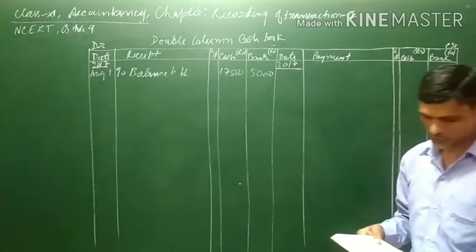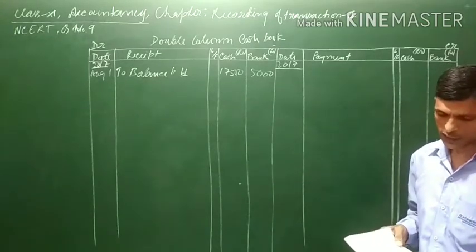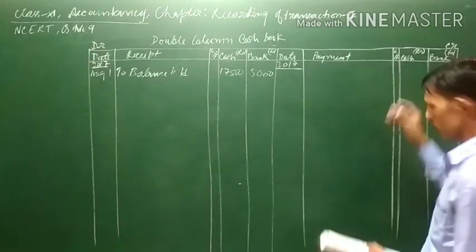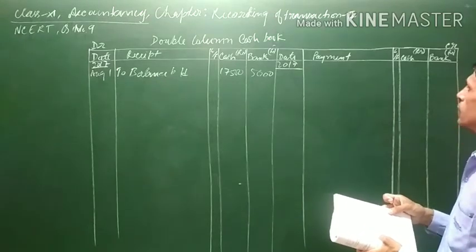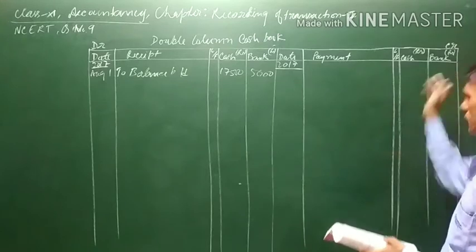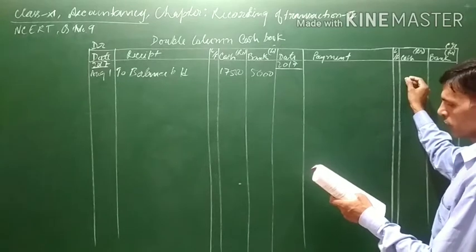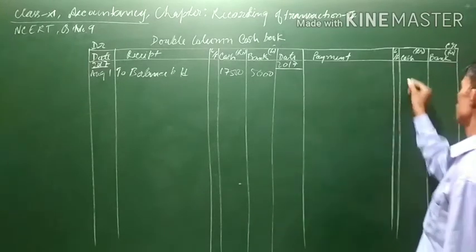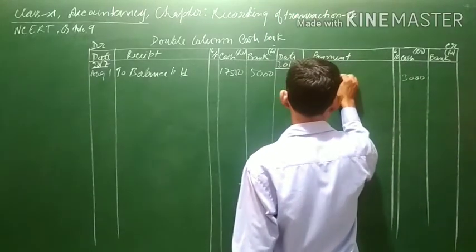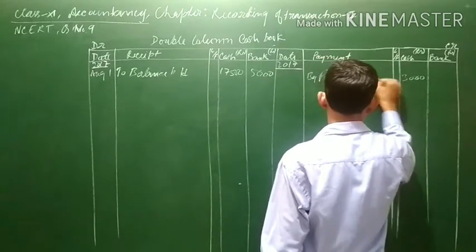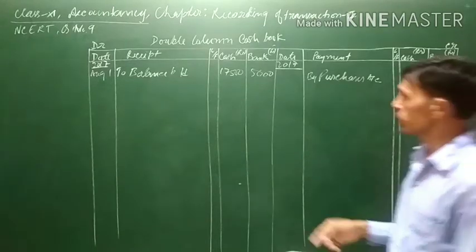And next is goods purchased for cash. Since goods are being purchased for cash, there will obviously be a payment, and cash will be going out of the business. So on the credit side, since cash is going out of the business, the entry for these purchases will be written on the credit side because cash will be going out. If cash goes out, this payment will be done, so it will be written in the cash column. It is 3,000 in cash which is going on account of purchases. By purchases we will be writing, because when goods are purchased, purchases account is written, and when goods are sold, sales account is written. And the date is August